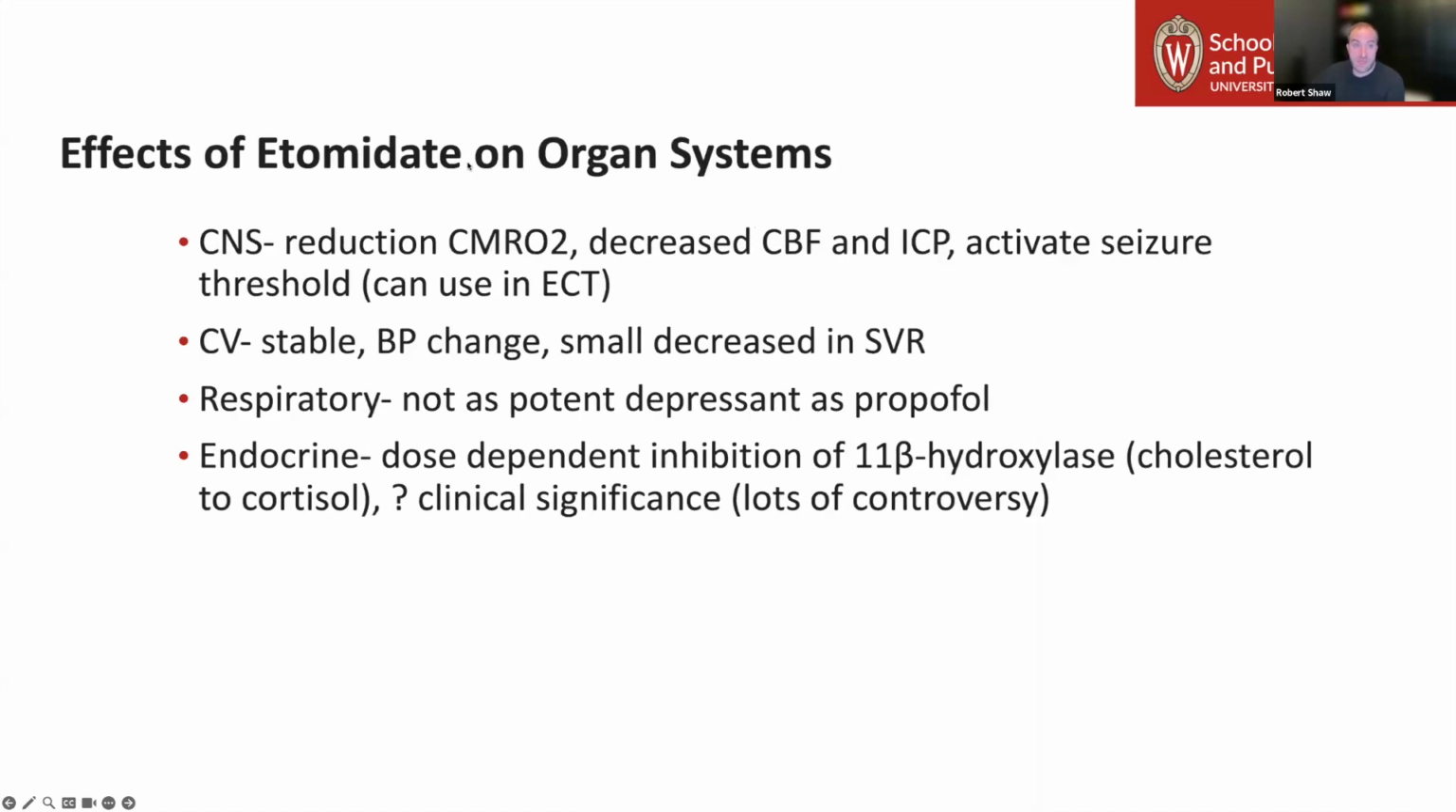It is metabolized by the liver and renally and biliary excreted. So effects of etomidate, we do see that reduction in cerebral metabolic rate of oxygen. We see a decrease in cerebral blood flow and a decrease in ICP. It can activate a seizure threshold. So different than propofol and different than ketamine, we can actually see seizure activity, especially in people with underlying seizure